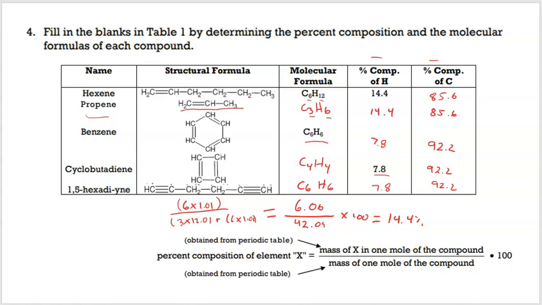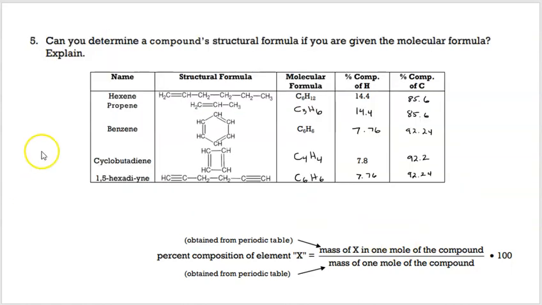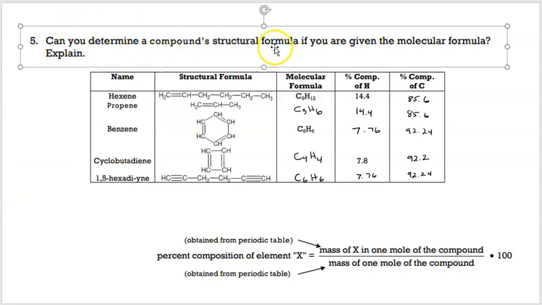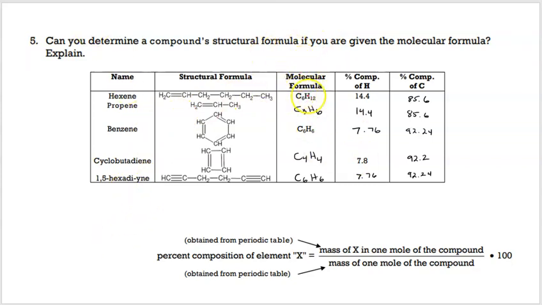All right. Moving on. Number 5. Can you determine a compound's structural formula if you are given the molecular formula? And quick answer to that is, if I know this, C6H6, for example, can I tell automatically that that is going to be the structural formula? The answer is no, right? Because we have a C6H6 there with a very different structural formula, right? No, and the reason for that is